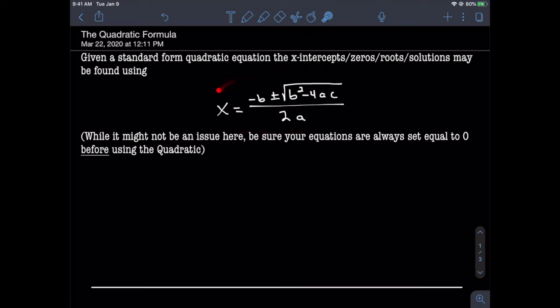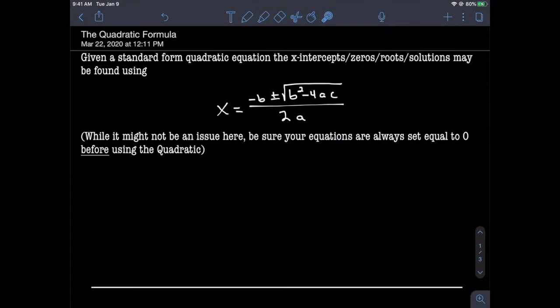x equals negative b plus or minus the square root of b squared minus 4ac all over 2a. You're probably going to want to have that memorized as soon as you possibly can. Rest assured, you're going to get plenty of practice with the quadratic formula. But as one last side note here before we get going, it has to be stated that if you ever